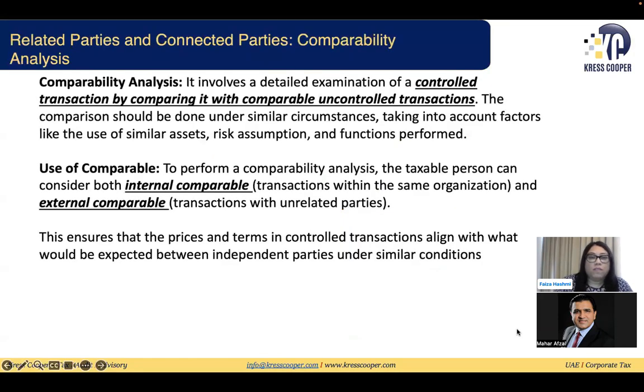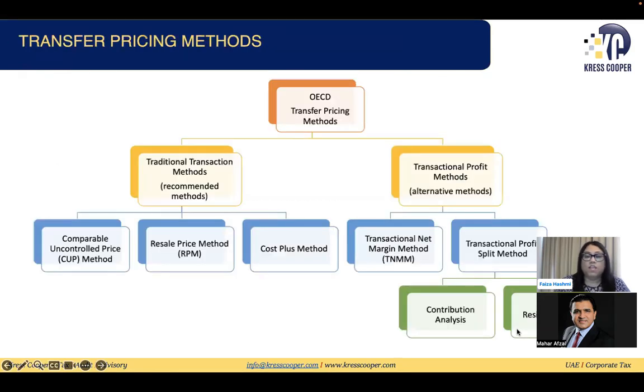So the comparability analysis is basically a detailed examination. It tells you to compare the controlled transaction, which is the one done with the related party, with the uncontrolled transaction, which is the one done with a third party and which is comparable. To do that comparative analysis, you can consider internal comparables, which are the transactions done within the same organization, or external comparables as well, which are the transactions with unrelated parties. This is there to ensure that the prices and the terms are the same for the transactions done with the related parties and those done with